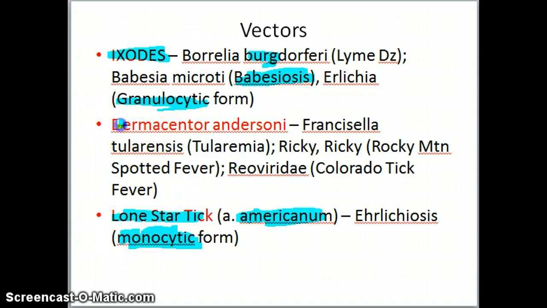And so then we'll talk about the D. andersoni now, and that can cause tularemia because Francisella, you get it from rabbit skins, remember? But I said you can also get it from ticks and also from a deer fly. Ricky, you can get that one right here, andersoni, what I was talking about earlier. And you can also get Colorado tick fever. We'll talk about that once we get into our viruses. And that is it. I just wanted to make sure that I touched on those items and didn't leave you out in the dark with those.